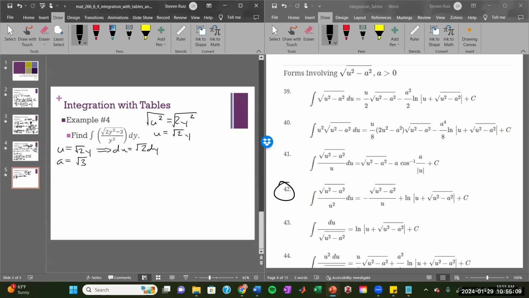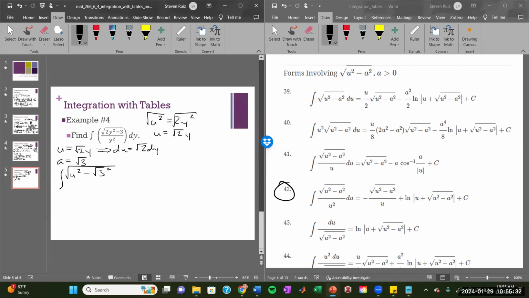Okay. From there, can we start rewriting this integral? What does the numerator become? Should be u squared minus radical 3 squared,